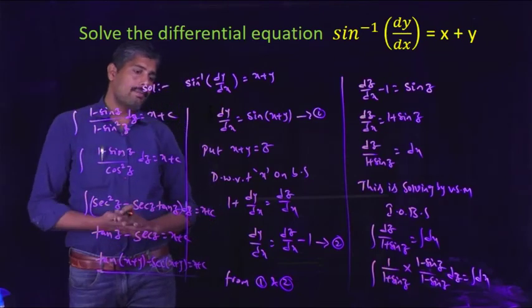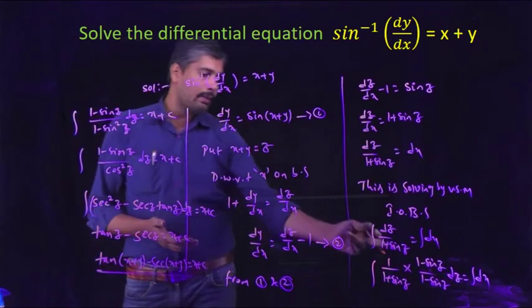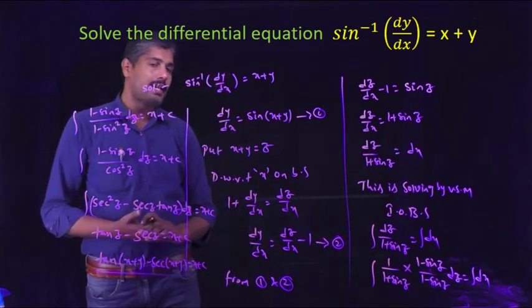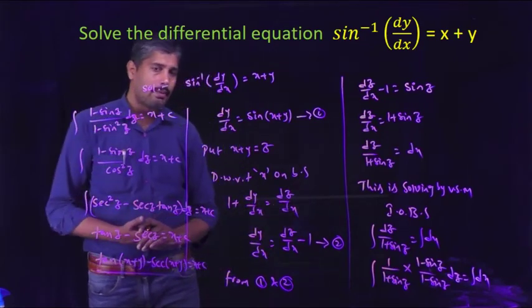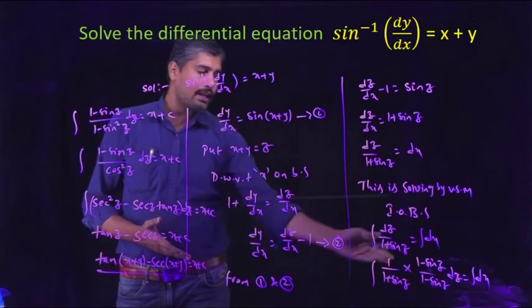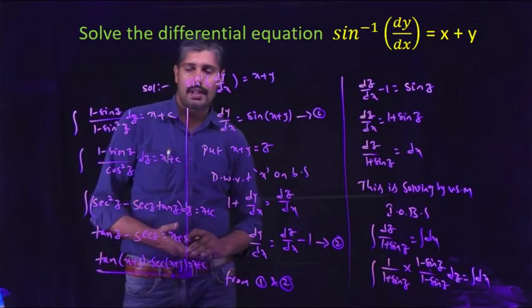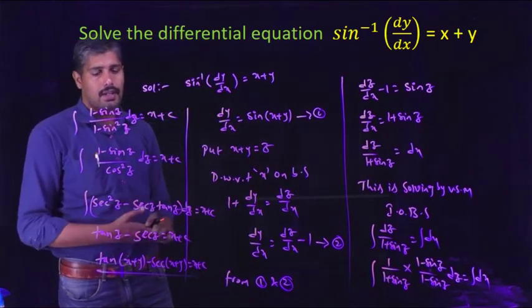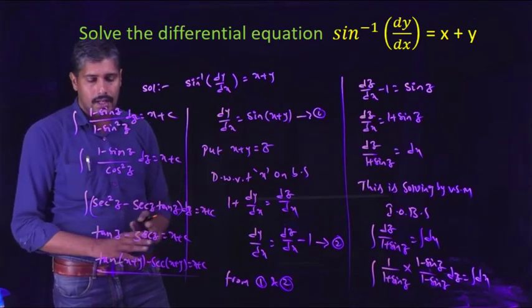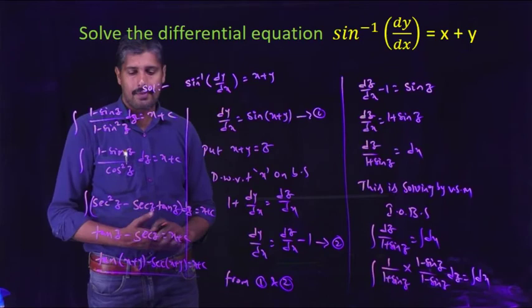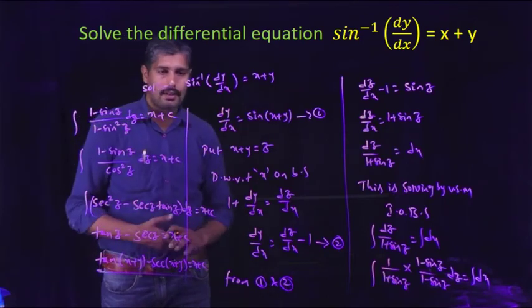Here, the complicated step is to put x plus y equal to z. Then afterwards, integral 1 by (1 plus sin z), we take tan z by 2. Definitely we get the same answer, but that is a lengthy process. Rationalizing by 1 minus sin z by 1 minus sin z is the easy process. Then separating the cos square z, we get secant square z minus secant z into tan z. We know that integration of secant square z is tan z, and secant z into tan z equal to secant z. Then substitute z in the place of x and y.